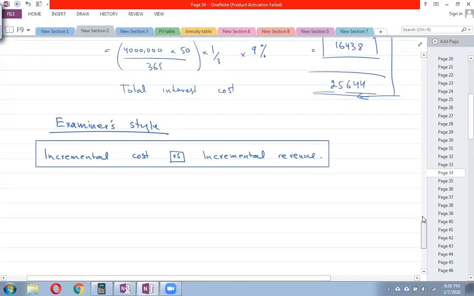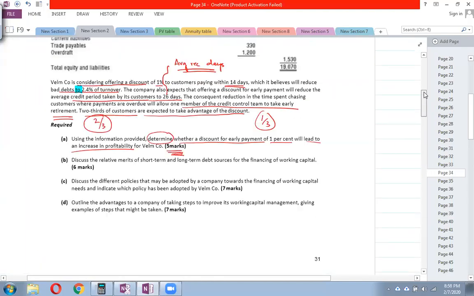So what does that mean? Can you see in all the calculations, the previous one as well,